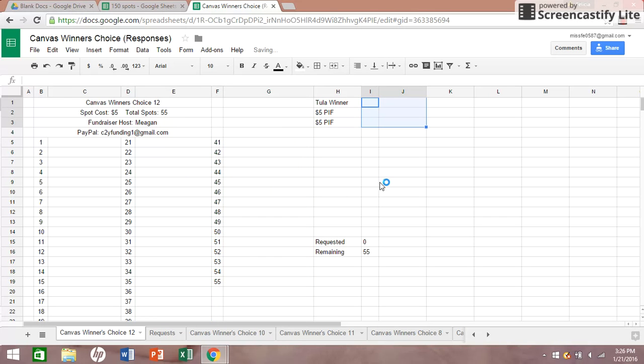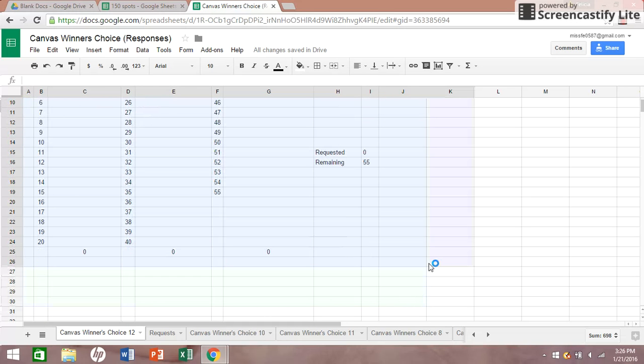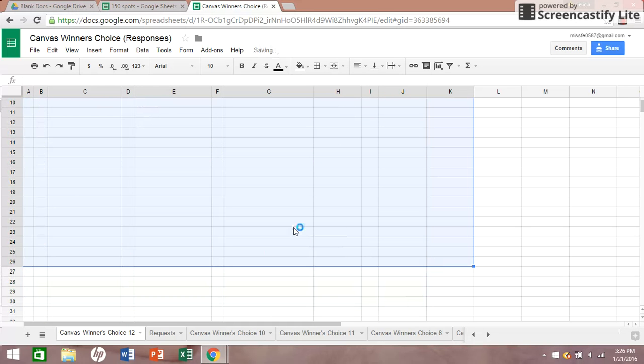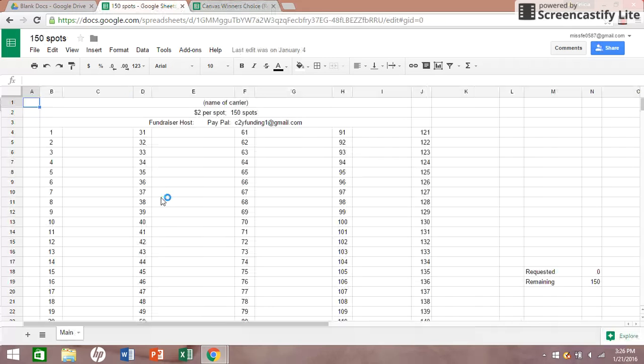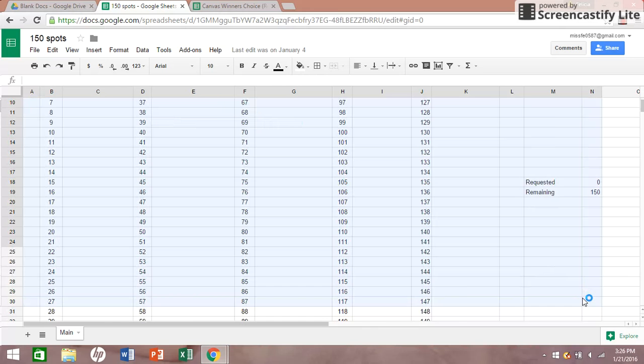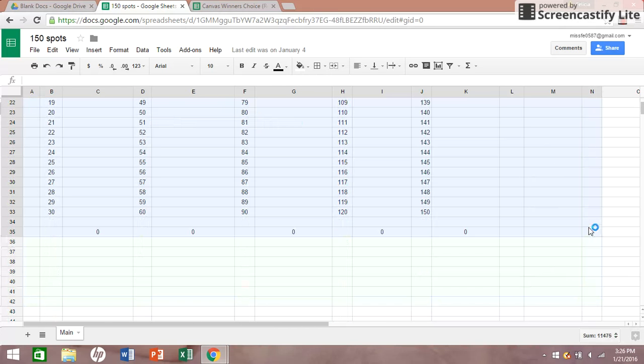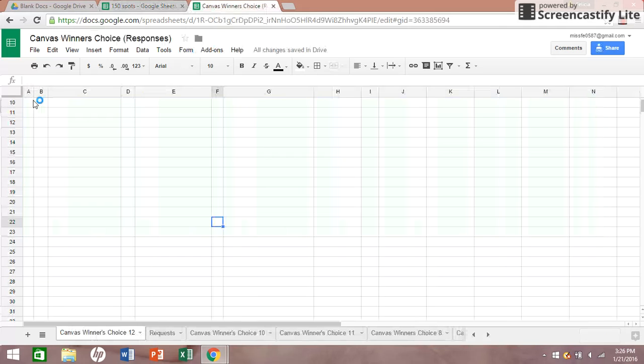But since for this one, I'm actually going to set it up for one that we'll use, you can also just add a new tab, and for time's sake, I'm just going to delete what is here, and we'll pretend that I just clicked add a tab and renamed it. And then you do just like you would when you were setting up a brand new game, and copy your blank game doc template, paste it onto here,